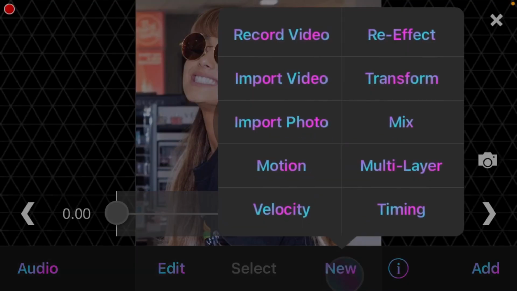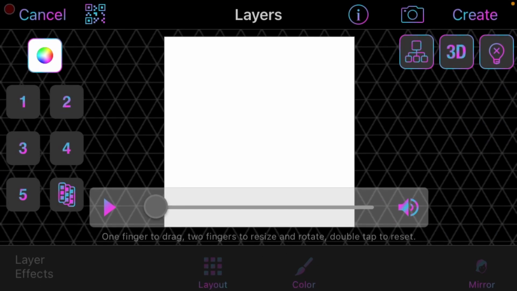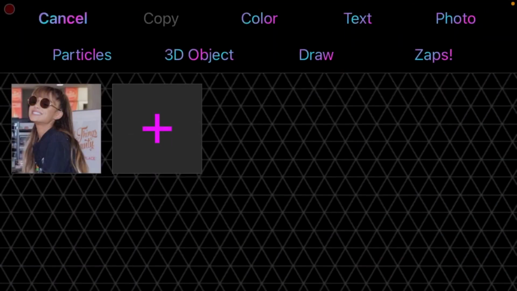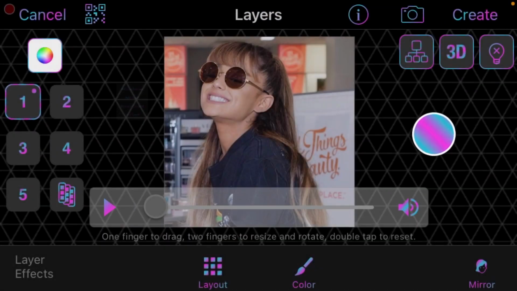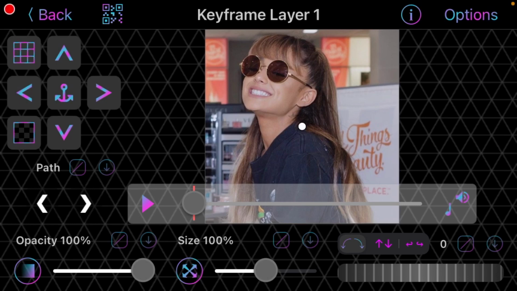First, press on New, then press on Multilayer. Now press on 1, and then choose the clip you'd like to use in your transition. Press on Edit Keyframes, and we're just going to make a simple slide transition, so I'll just give you the